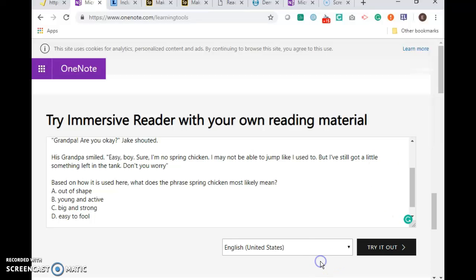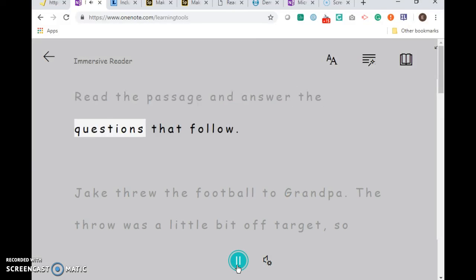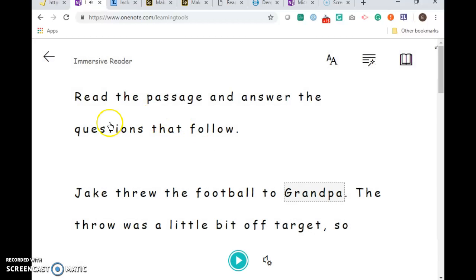Now that we've selected English, we're going to try it out. Read the passage and answer the questions that follow. Jake threw the football to Grandpa. As you can see, the voice is a female voice that tracks the reader by highlighting the passage word by